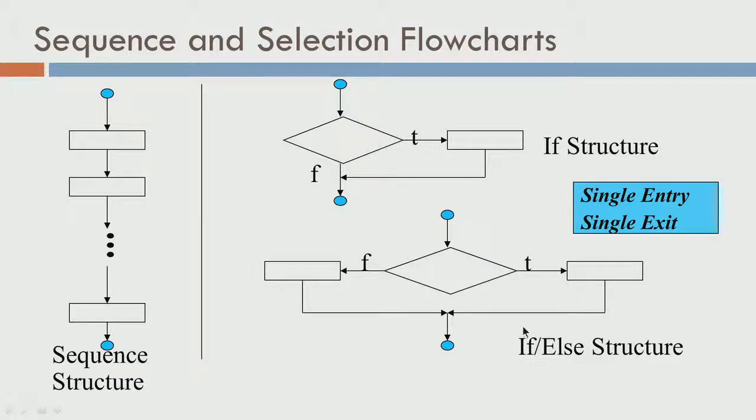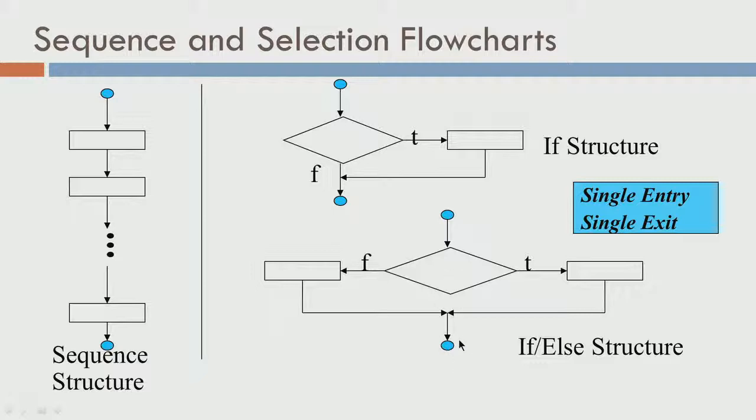Then there is the other type, which is the double selection statement. You have a body of code here, and after that you evaluate an expression. This body of code could be scanning something from the user or some other piece of program that you have written before. You evaluate an expression. Now there are two choices, either true or false. If the condition evaluates to true, you execute the right block. If the condition evaluates to false, you execute the left block, and once you execute one of these blocks, you come and execute this blue blob of code, which is after the if statement.